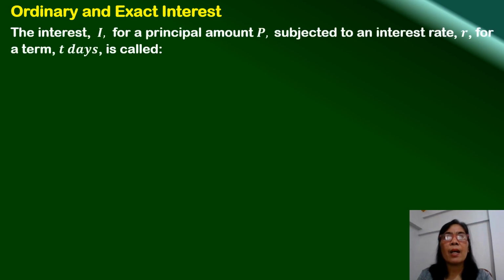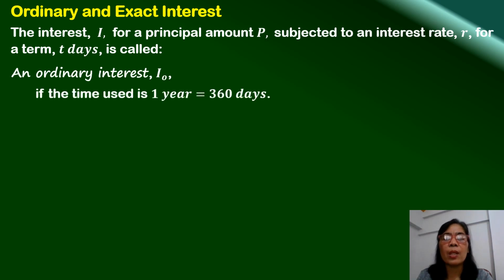The interest I for a principal amount P subjected to an interest rate R for a term T days is called an ordinary interest if the time used is the approximate number of days in a year. That is, 1 year is equal to 360 days, assuming that 1 month has 30 days. So the ordinary interest is computed as the principal amount P times R times T over 360, where T is